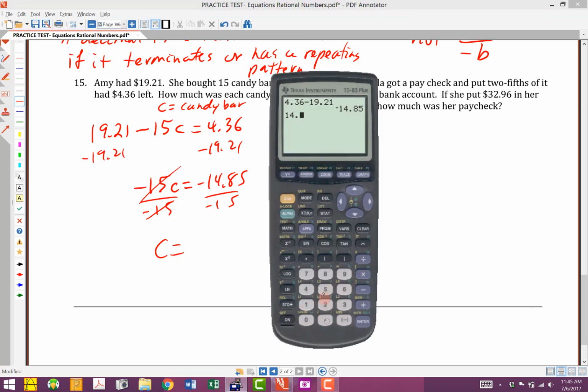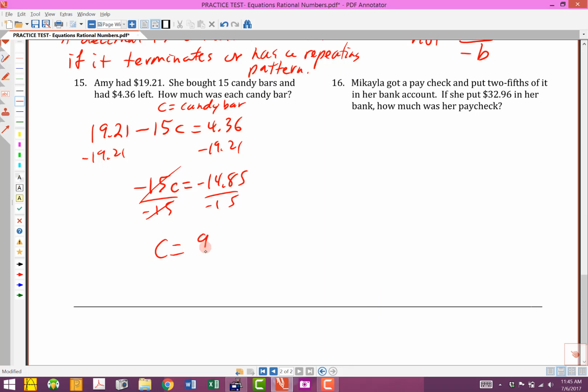So we're going to take 14.85 and divide that by 15, and we end up with 0.99. Now, there's the equation. We've declared our variable, and we solved it, and we got this right here. But what does that mean? It says how much was each candy bar. So we're going to say each candy bar